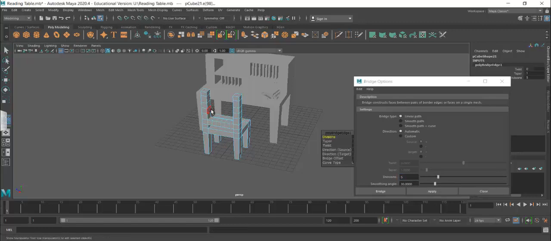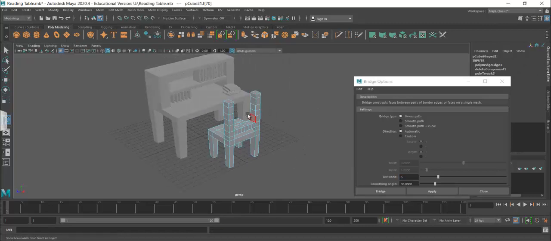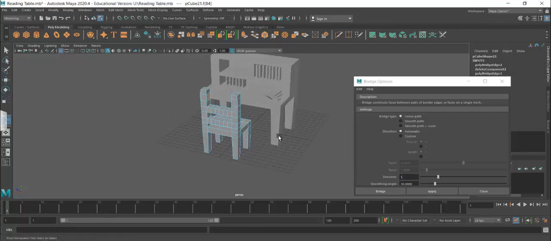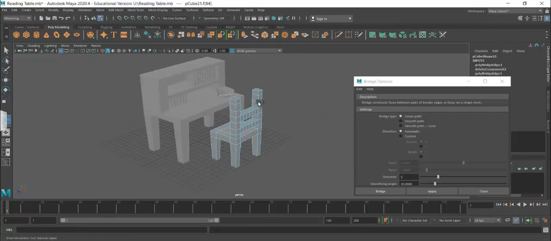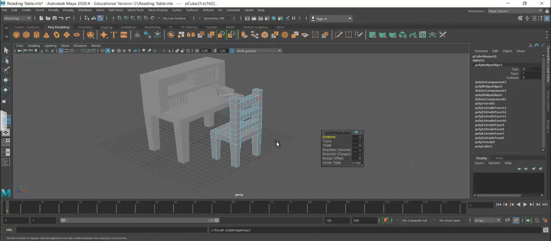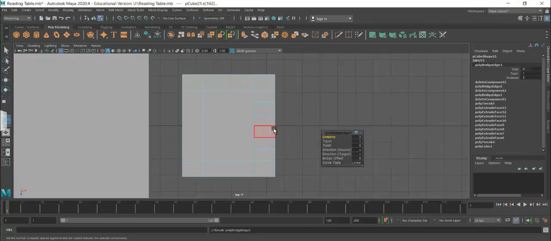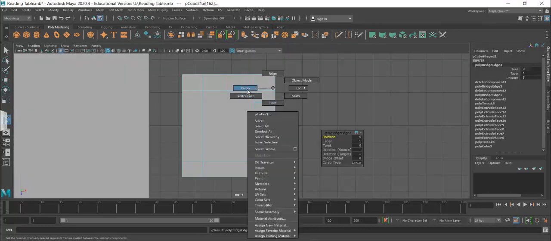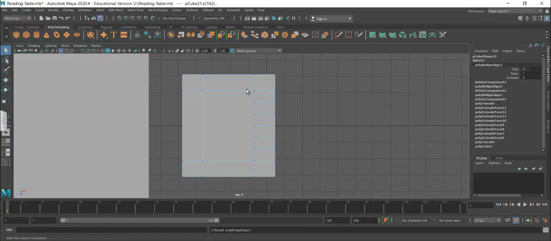And select the next 2 set of faces and then hit apply. And then the next 2 and hit apply, and then we can close this. Now I'll switch to top view, and I'm going to right click and select vertex, and I'm going to arc